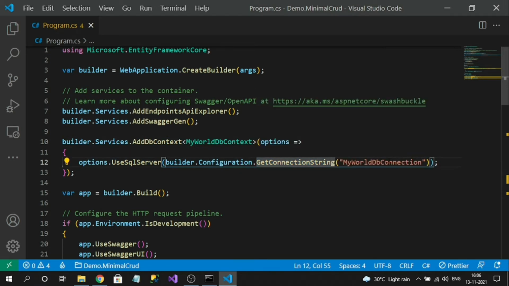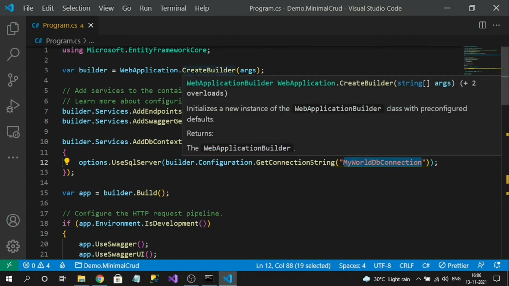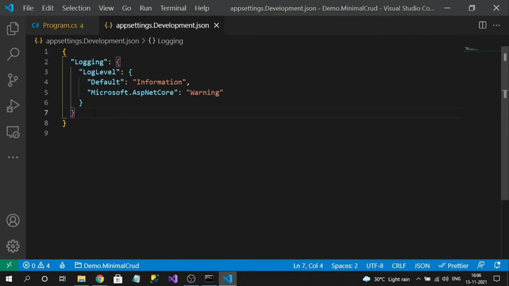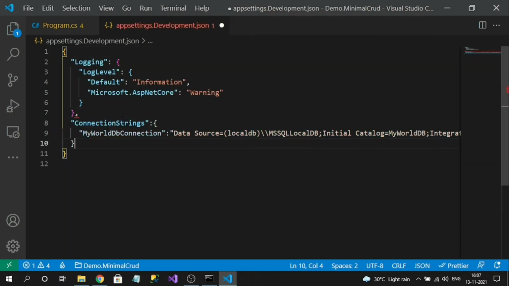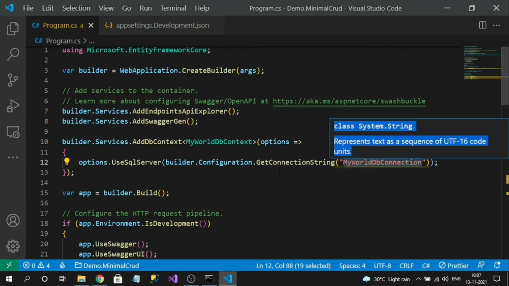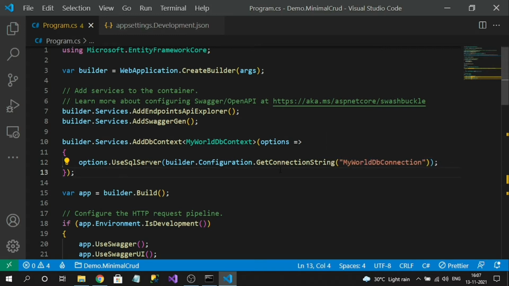Let me add my connection string into the development.json file. Here, let's add our connection string. So I added my connection string and the property, and this property should be given here. We are done with registering our DB context.